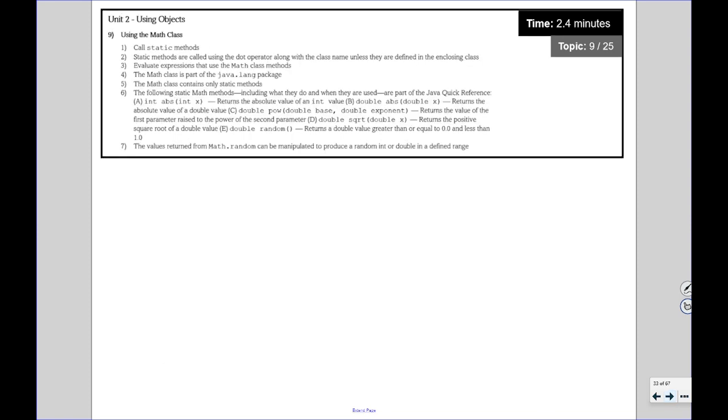Using the Math class. This is also in your reference sheet. So in your reference sheet, it talks about the Math class. Now here again, it's using the keyword static. So let's take a minute to talk about static. The keyword static